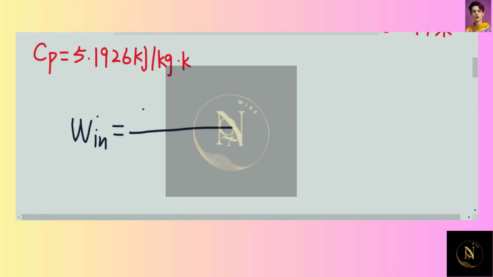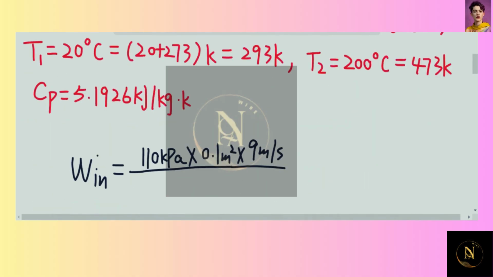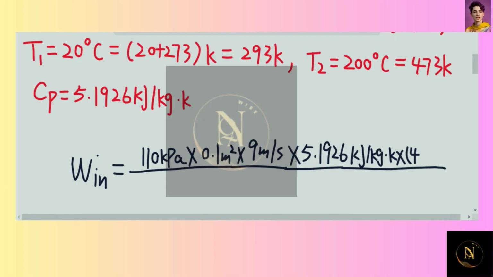110 kilopascal, and then times 0.1 meter squared, and then times 9 meters per second, and then times Cp, which is 5.1926 kilojoule per kilogram Kelvin, and then times the change in temperature, which is 473 Kelvin minus 293 Kelvin,